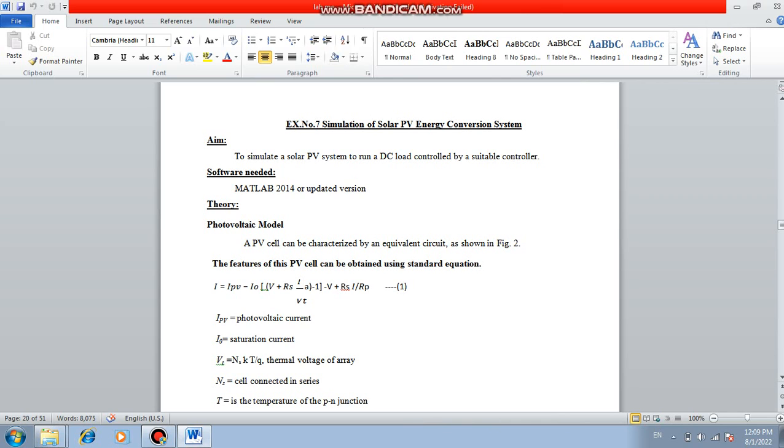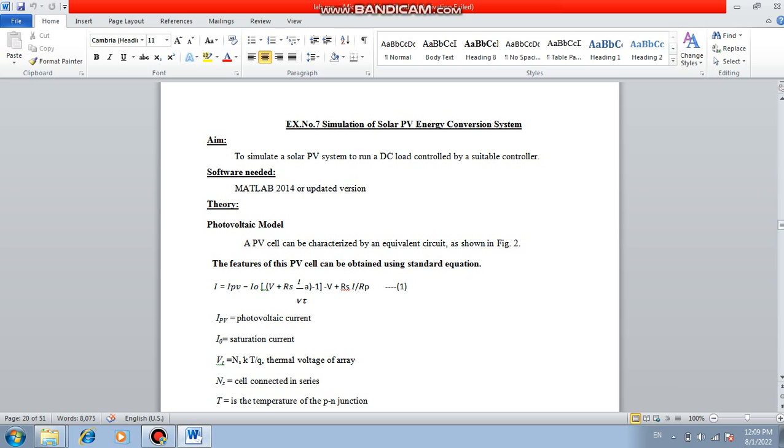So now we can see one of the experiments of Power System Lab 2 for ME Power System Engineering students, semester 2. This is experiment number 7, simulation of solar PV energy conversion system. The aim of this experiment is to simulate a solar PV system to run a DC load controlled by a suitable controller. We all know there is a solar PV system with a solar PV cell